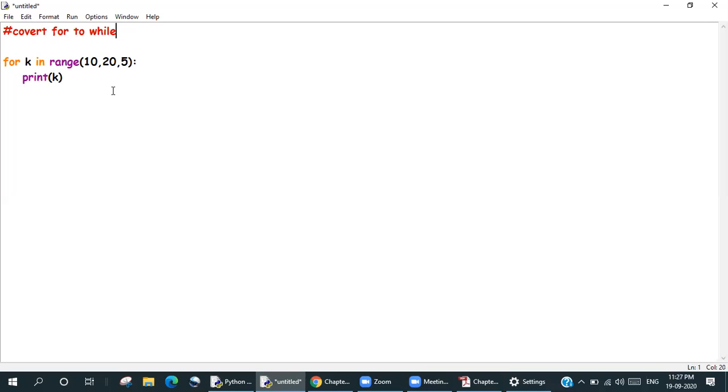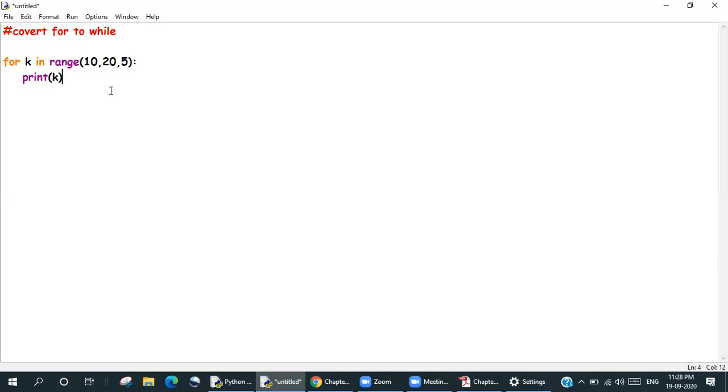Okay. So when you get these in the examination, you don't have to find the output. Finding the output is a practice that I'm giving you all so that your logics are clear, you'll understand, and you get a separate question in your examination in which you have to write the output of the given code. You get questions in the examination where codes are given and you have to become the Python interpreter and find the errors, and you get questions in which you have to convert for loop to while loop to for loop. And of course, you get questions in the examination where you have to write an entire program.